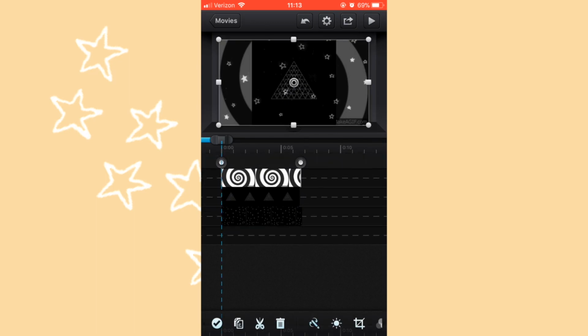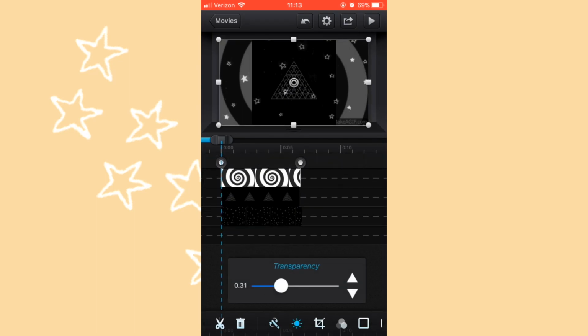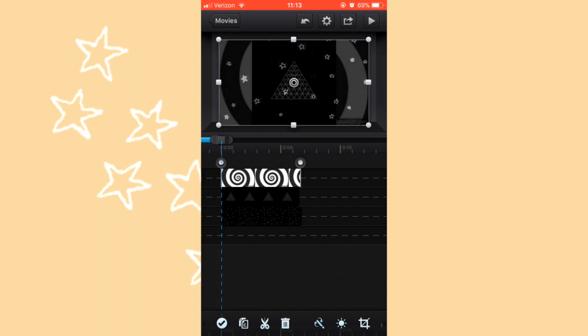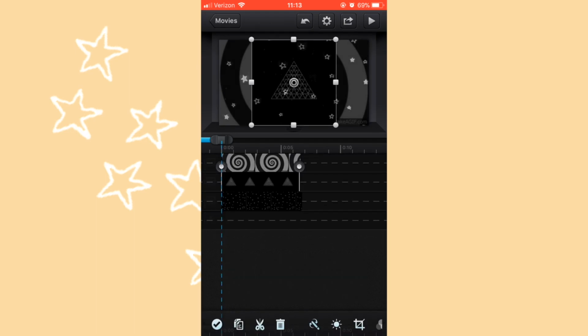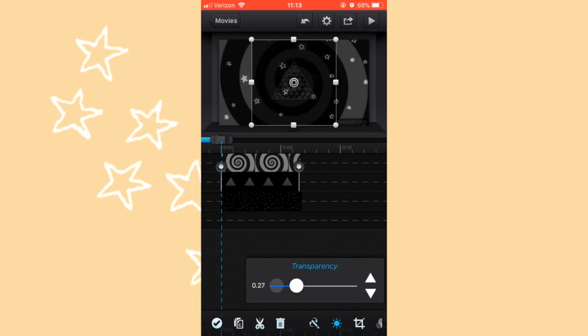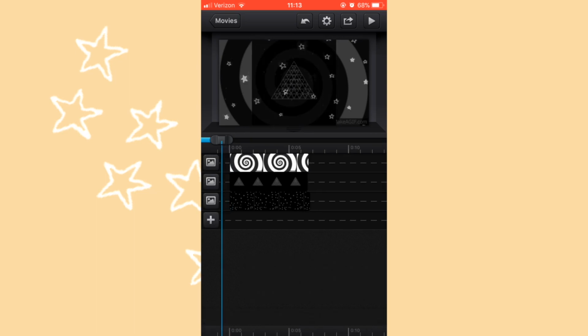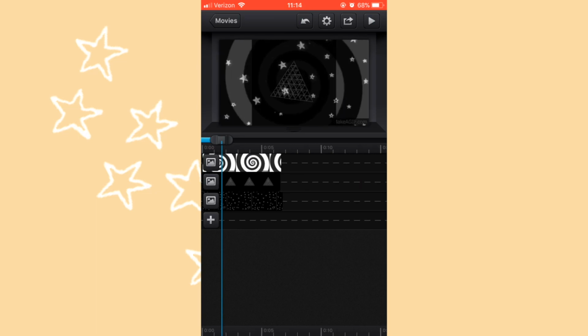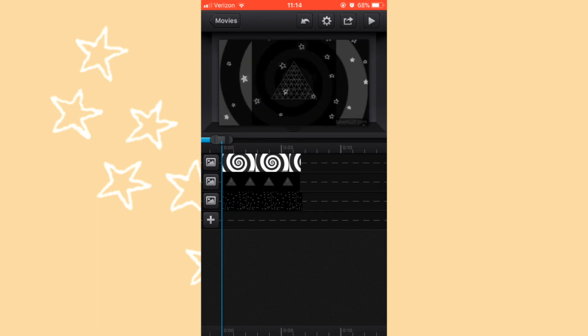Then I'm going to go to the hypnotizing one and I'm going to change the opacity to whatever I want. I think this one looks best. And then I'm going to go to this triangle here and then I'm going to change the opacity, not a lot because it still is fine, but I'll change it to that so you can see a little bit of the hypnotizing thing in the background. And so it looks like this. So fun fact, my audio cut out here, but once you change the transparency of everything,